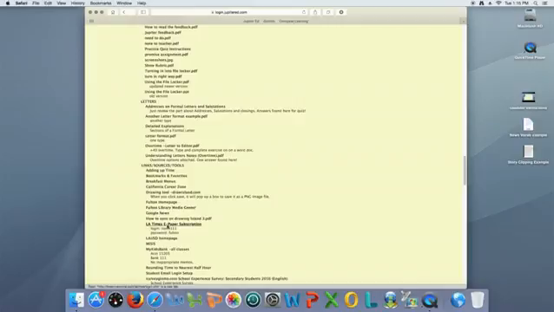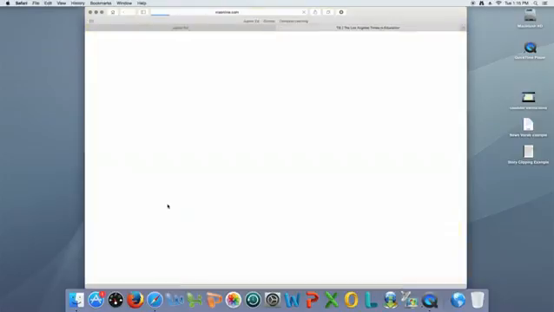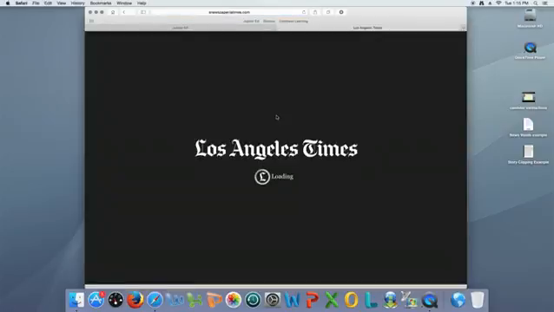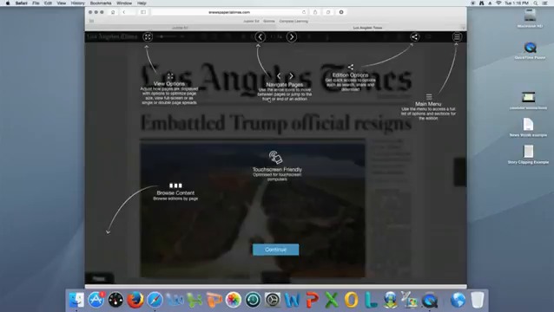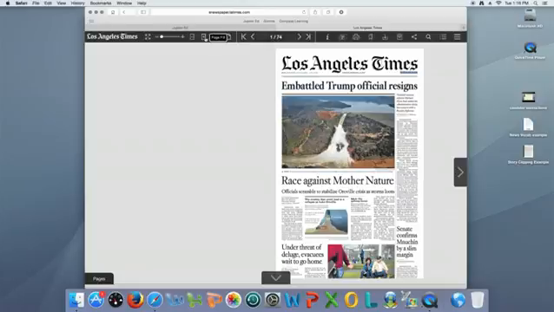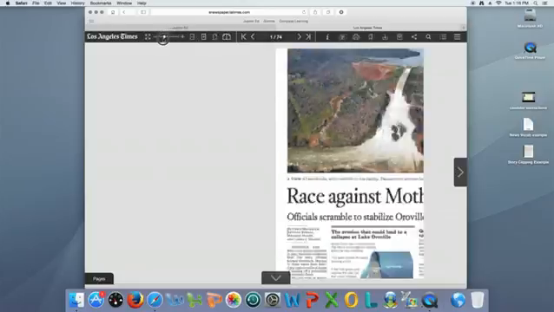And right here is the link to the LA Times. And you type in the username, which it tells you there is room 111, and the password is Fulton. And this just tells you how to use the site. And there's the toolbar here that you can learn how to navigate the pages, make them bigger so that you can read them,